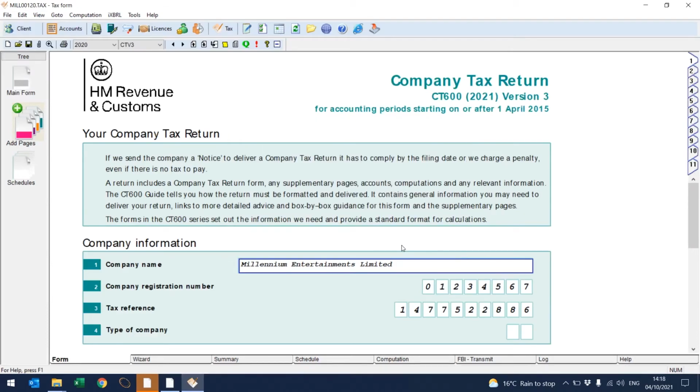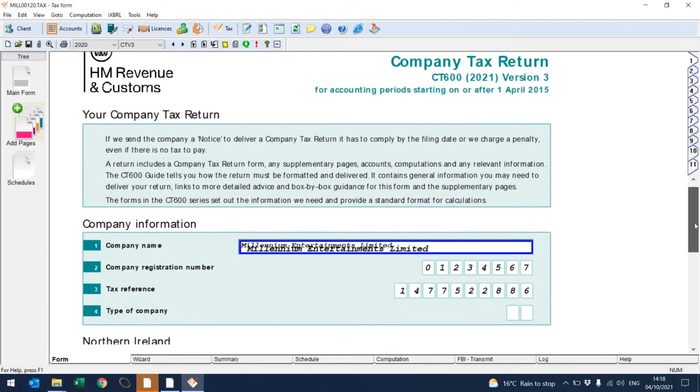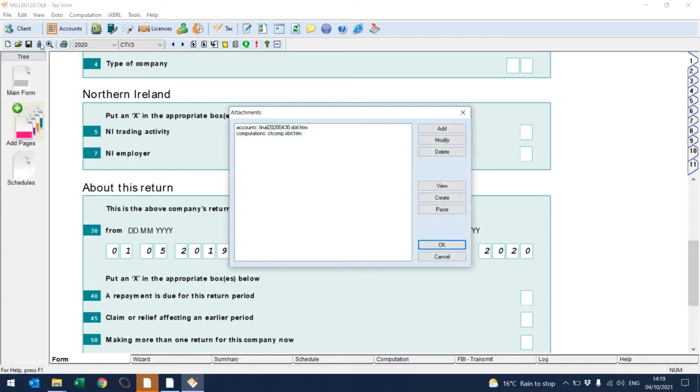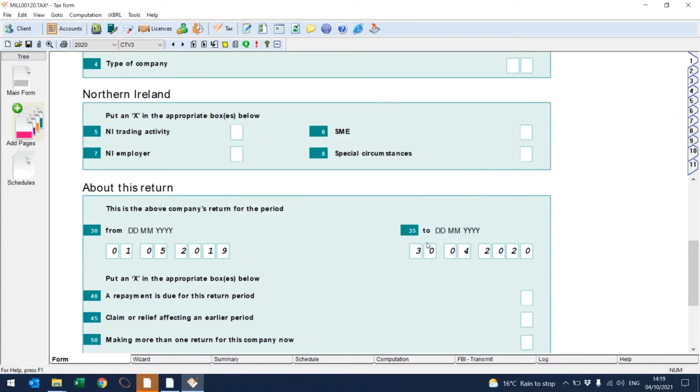This then loads the corporation tax return on screen. As you can see, the entries have already pulled through from the accounts package. If I click on the paperclip in the top left-hand corner of the screen, you will see that the accounts and the computations have automatically been attached, and they are in an iXBRL format. If I just click OK there,